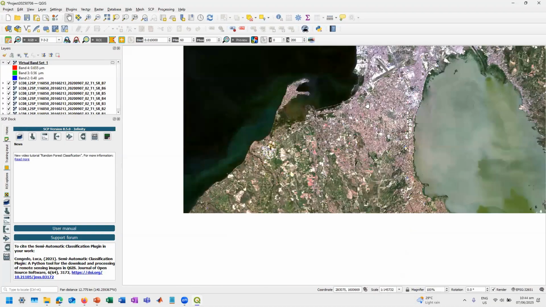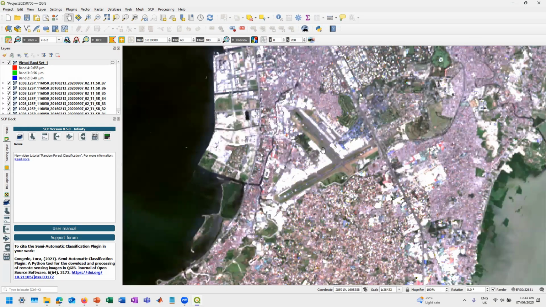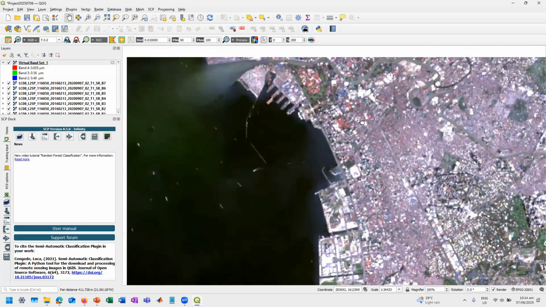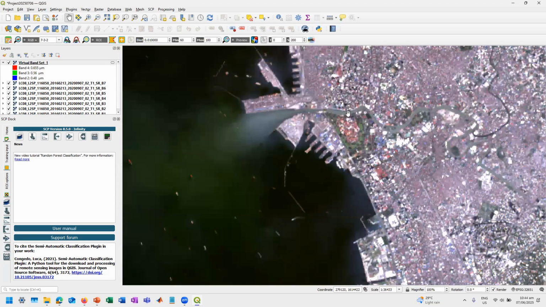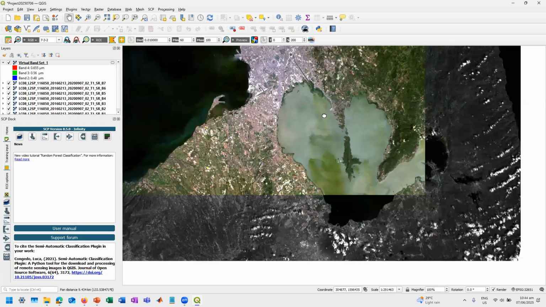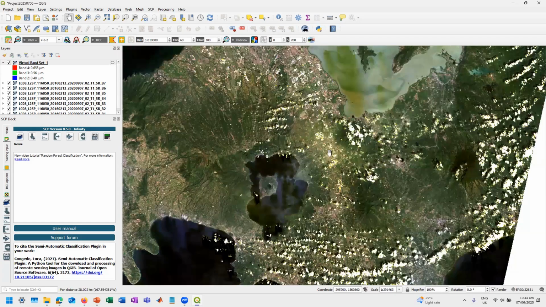So let's try to explore first. Okay. So this is Landsat, no? So this is the airport area, MOA area, and then this is where Mapua is. This is Intramuros area. Somewhere here is Mapua. This is Pasig River. And then this is the Laguna de Bay.